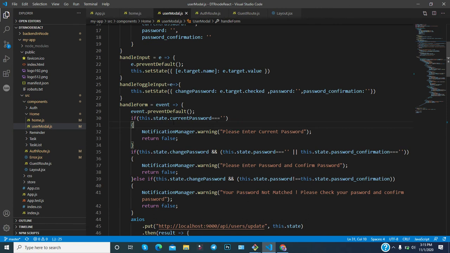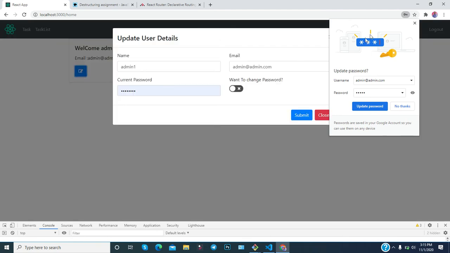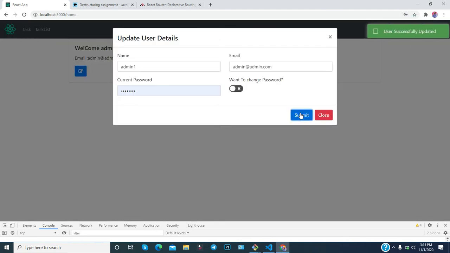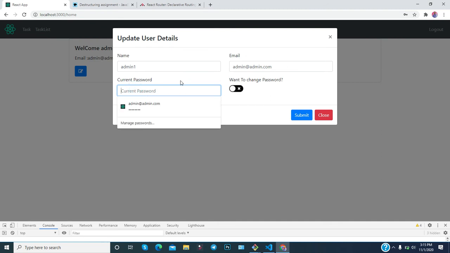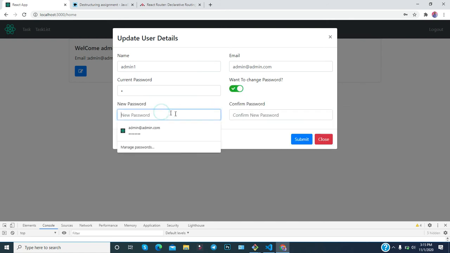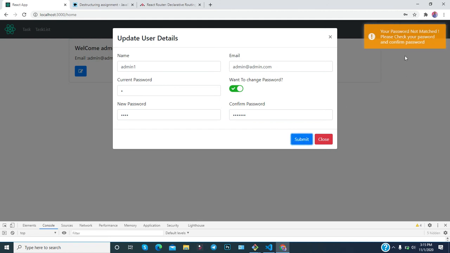You can see that if this.state.currentPassword is null, it means the current password cannot be null, because if I click here and click submit, since all these values are already there, then okay, for example this one, if you click here, then you can notice that it says your password did not match, something like that.